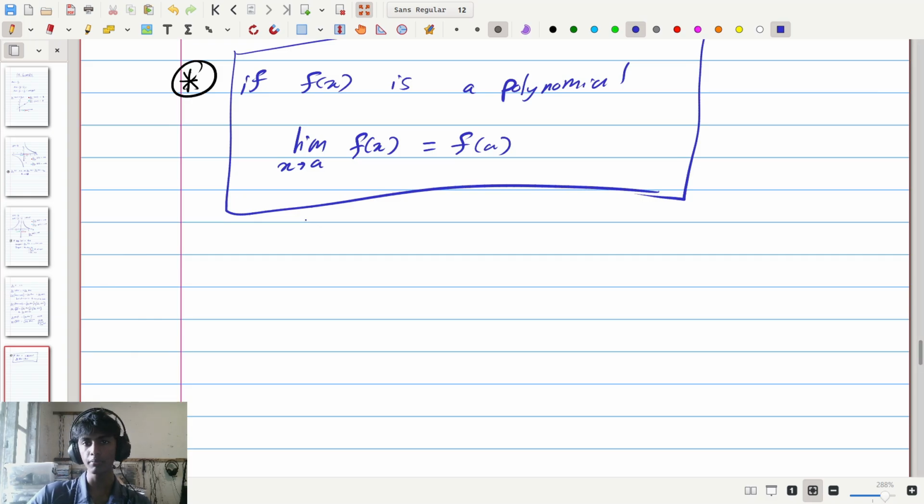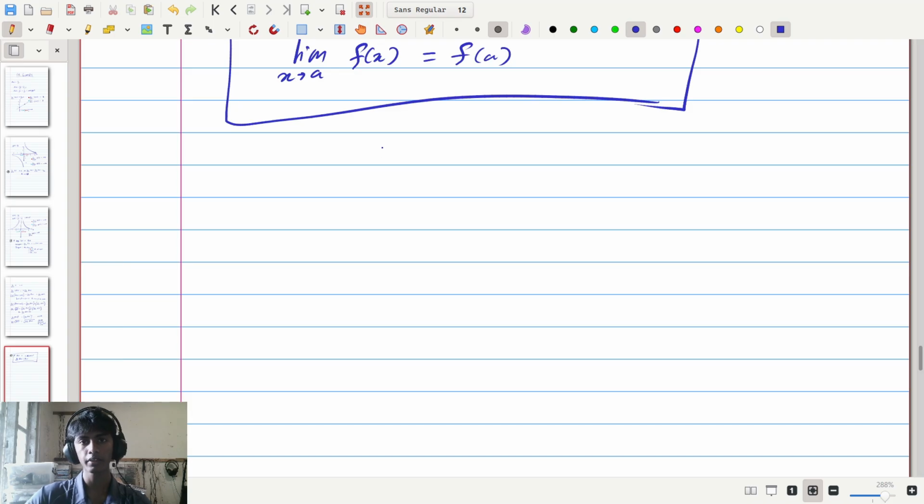Another useful theorem is something called the squeeze theorem, sometimes called the sandwich theorem. So this idea of the squeeze theorem is a little bit more complex, and we need to get a little bit more into it if we want to explain it. So basically, if for a certain interval